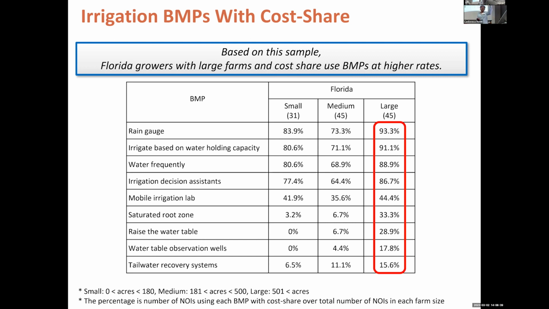And this is not surprising given what we know from the adoption literature. Interesting that it's not linear in size, right? It seems the lowest is in the medium category. Do you have any information on why the low is in the medium? Size, like you see it higher in small farms.